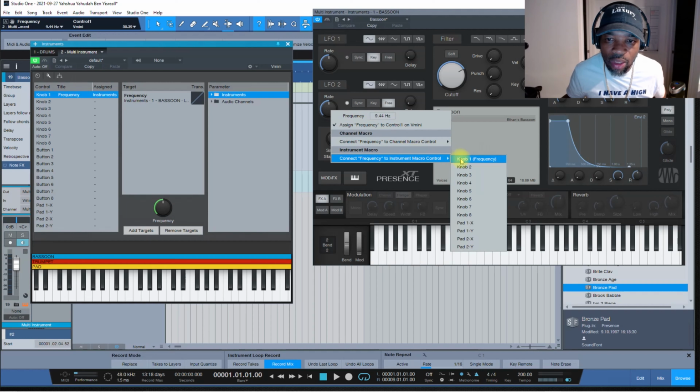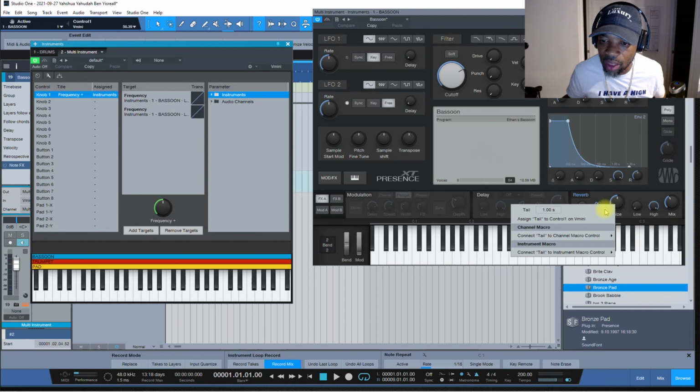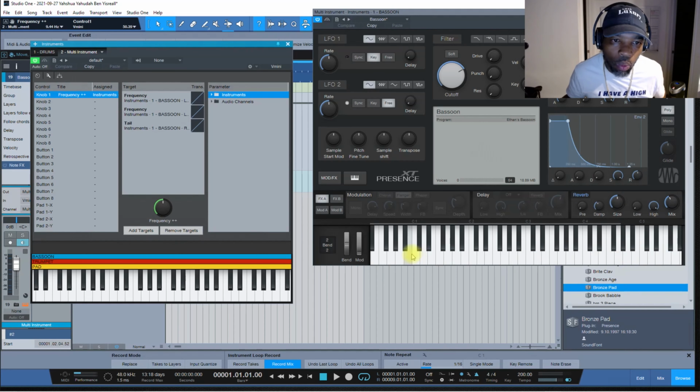Go to this one right here. I want to send this one to knob 1. Right here, I want to get this. No, I'm just doing random things. I want to open up the reverb, click this knob, send it to knob 1. So when I turn knob 1,